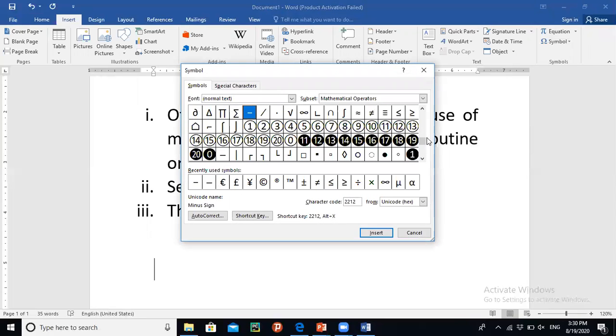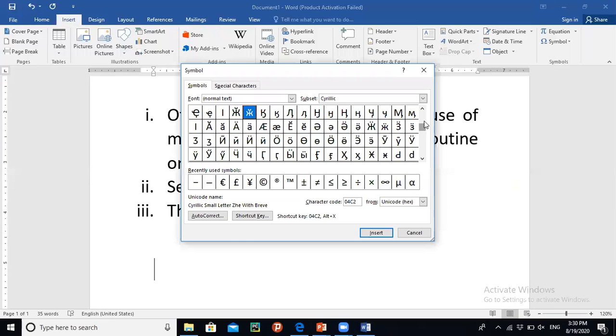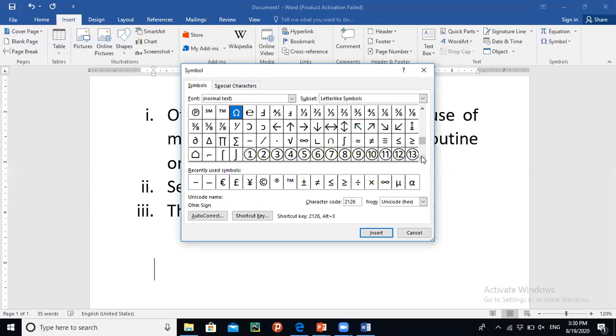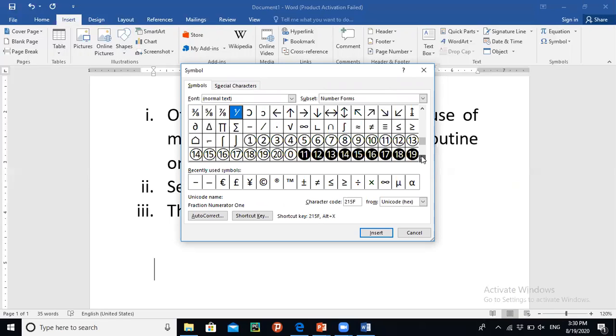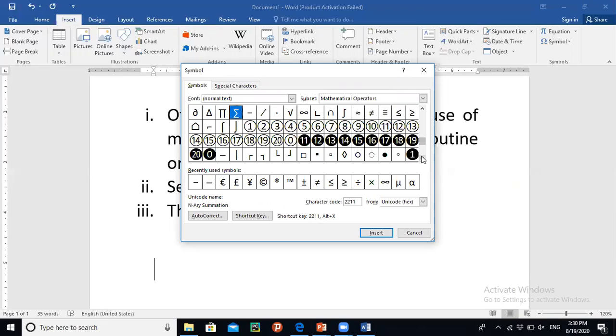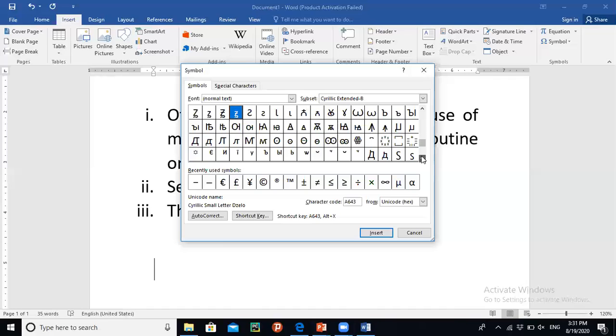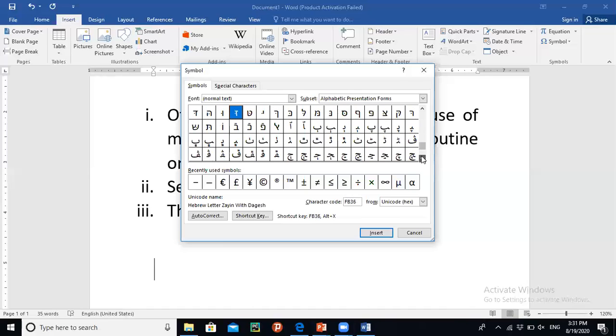Here you can see a large variety of symbols available. Like I'm scrolling through it, you can see it and you can try. For example, this dollar symbol, hash sign, and there are some other large variety of symbols. These symbols are normally used to make question papers, especially mathematics and physics and chemistry. Those have special symbols, or maybe some other type of task can be done.